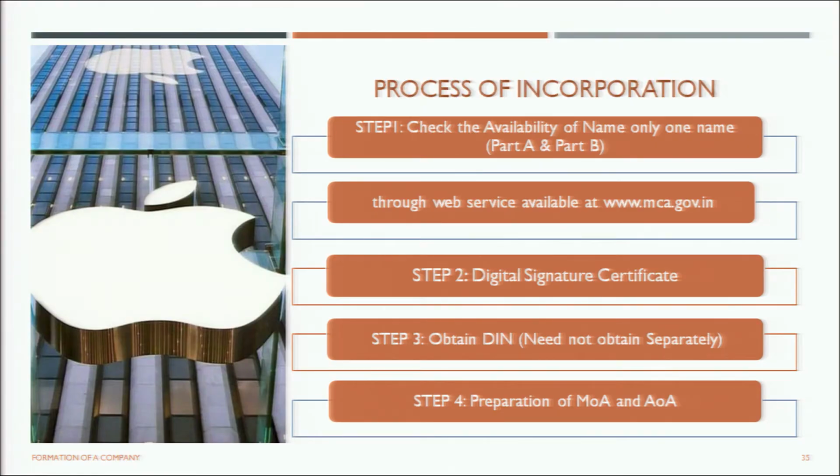Now coming to the process of incorporation, how a company is actually incorporated. The process of incorporation can be discussed in certain steps. For example, step 1 prescribes checking the availability of the name of the company. One thing that must be remembered is that the process of incorporation has been made totally online now. It has to be done electronically, and the form used for incorporation of a company is fully digital, contained in the form of a web form. Firstly, the promoter has to check the availability of the name, and now only one name can be provided. If you are filing part A and part B of the web form SPICe+, then only one name has to be proposed for the company, and this can be done through the web service available at